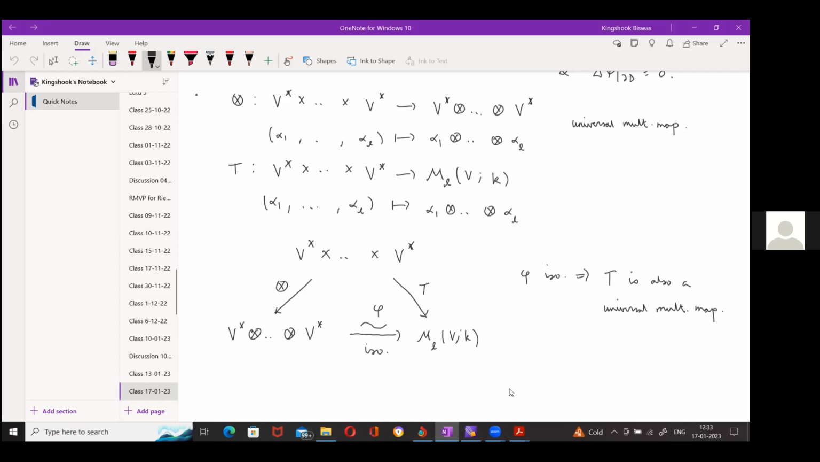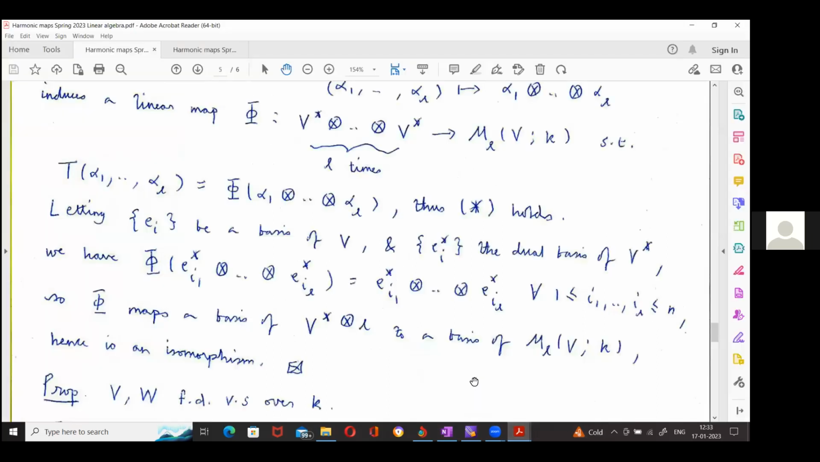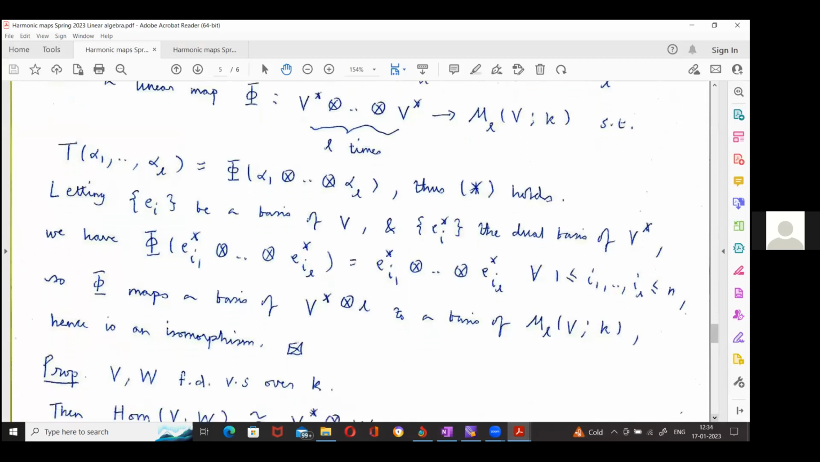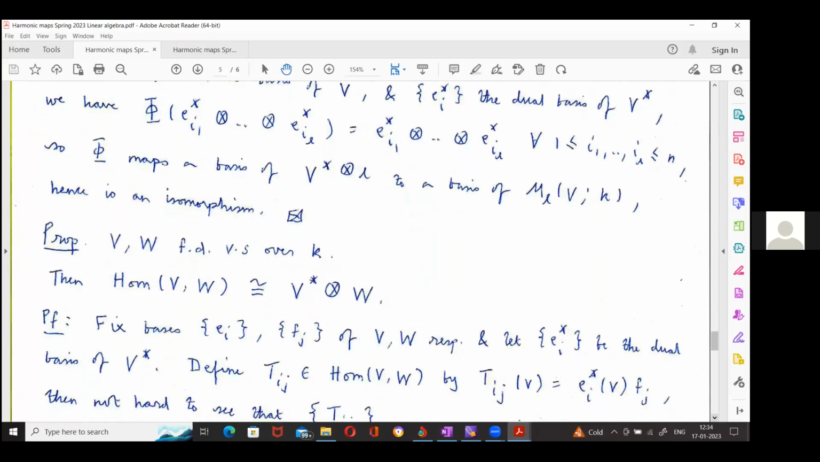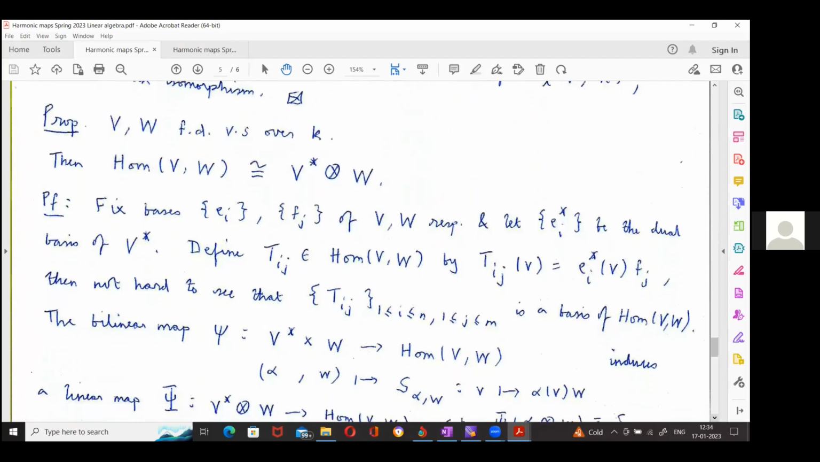Okay, so if this is clear, then let me carry on. So I think one of the last things I want to say about tensor products is the following, that if